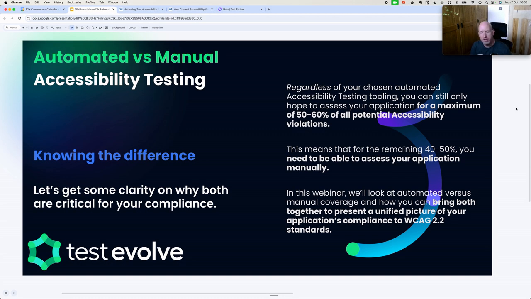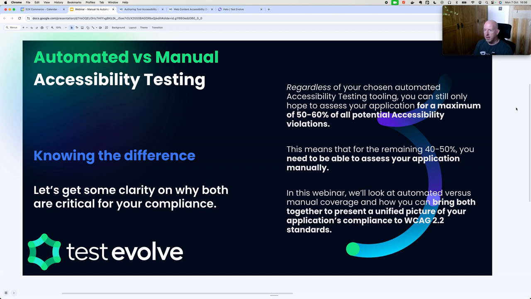We're going to be talking this evening about automated versus manual accessibility testing. Understanding the difference, understanding why we need both if we're striving for any kind of accessibility compliance, most commonly to the WCAG standards, but understanding the role that automation tools can provide to a point, and then looking at the gap. All right, understanding where automation tools are not going to serve you and where you need to step up